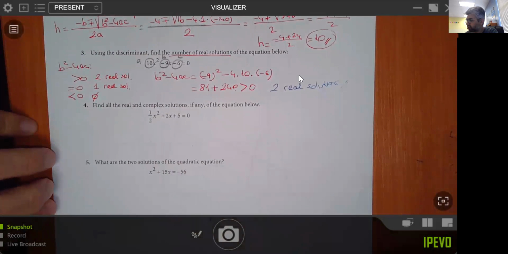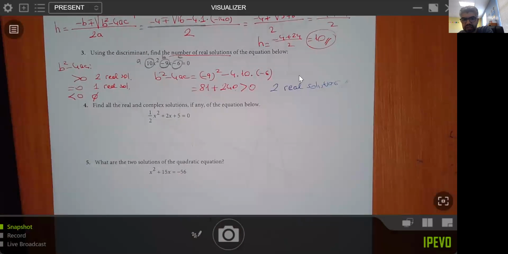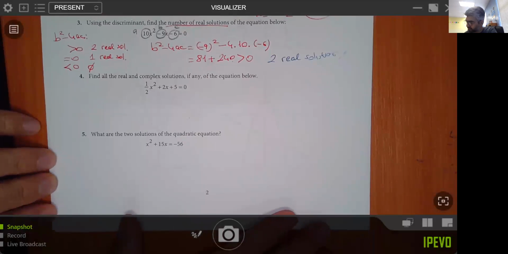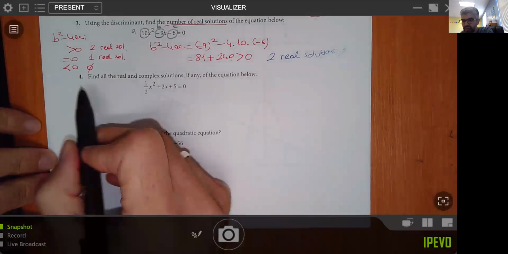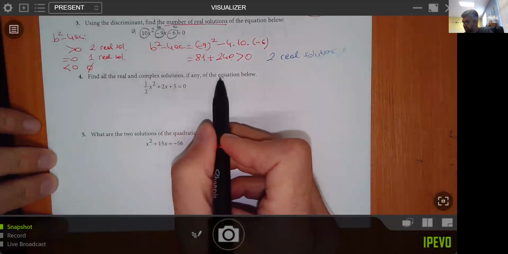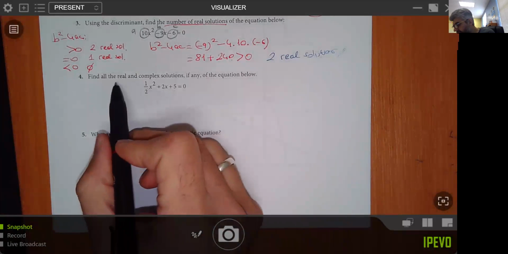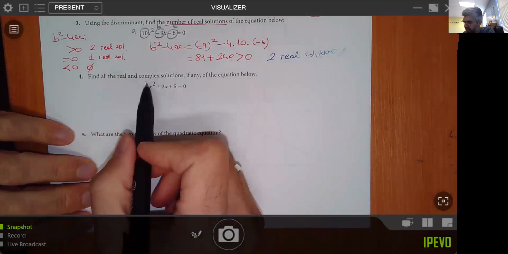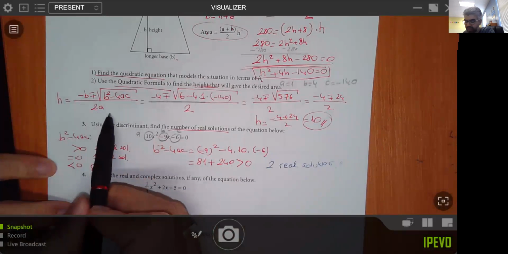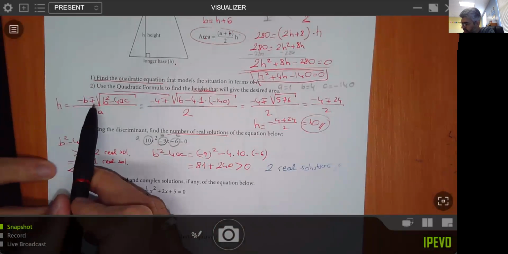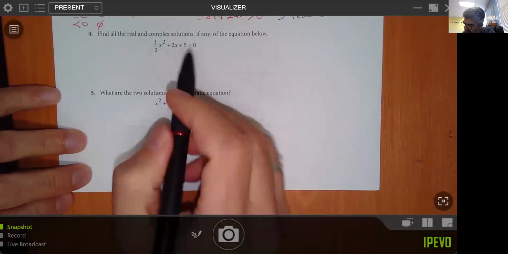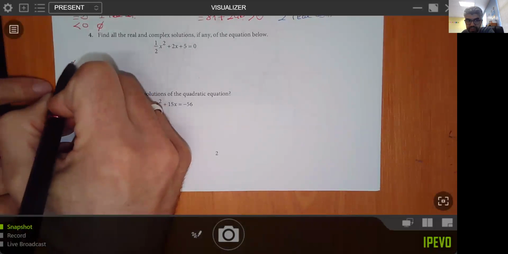Yeah, of course, guys. You may prepare your index cards and you can use them during the test. Number 4. Find all the real and complex solutions, if any, of the equation below. If it asks real and complex solutions, most probably we are going to use the quadratic formula. What was the quadratic formula? This one, right, guys? Here the variable was h, here the variable is x, so x is equal to,